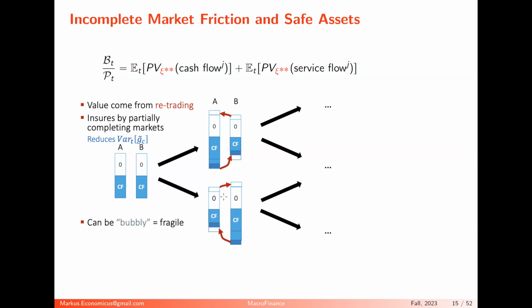Okay? And this is almost like a bubble. You could think of this term here, cash flows discounted, they're all zero. The fundamental is zero, but the value is positive. The real value is positive. So it has a bubble nature. The value comes only from the feature that I can retrade it. Now, if I cannot retrade it because it has huge trading frictions, it will not be a safe asset either. It has zero value. The value comes from the ability to retrade it.